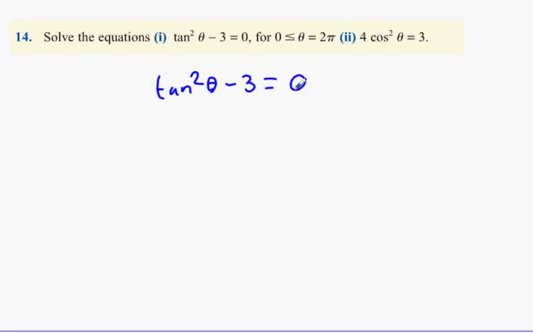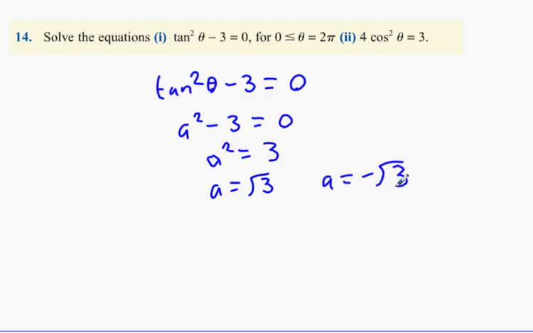Okay. How many types of angle do we have? One. How many functions do we have? One. Oh, that's brilliant, isn't it? So how do we finish it off? Change tan into pick a letter, any letter. A squared minus 3 equals 0. Then what? A squared equals 3. A equals